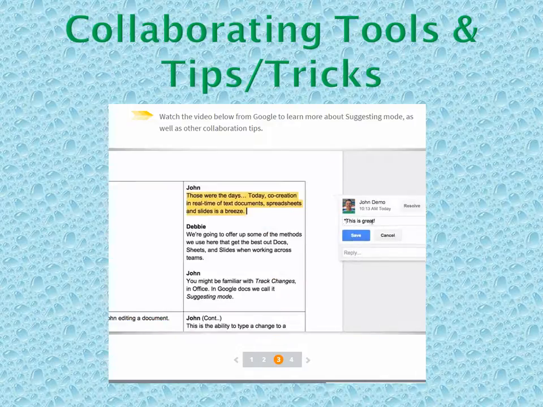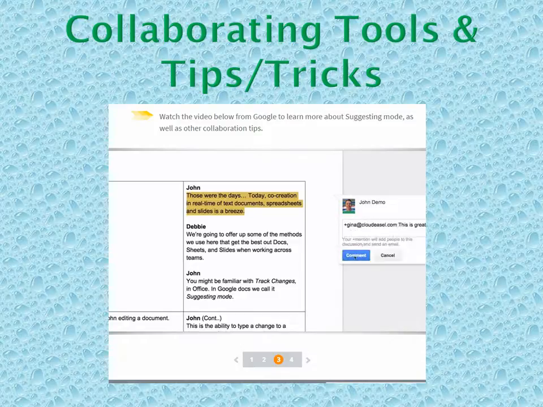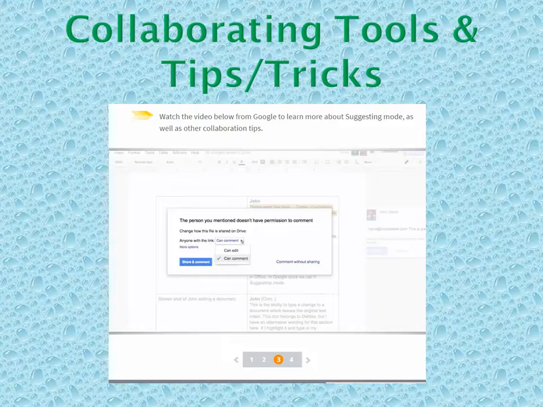If you put a star on both sides of the word, it will be bold. And the same goes for underscores to make text italic, and dashes to strike through text. You can specifically target a comment towards a particular person. If you type plus, a list of email addresses will come up, or you can type any address. If the person doesn't have permission to comment, you can adjust how the file is shared on Drive here. You can decide who you want to be able to comment or edit it.